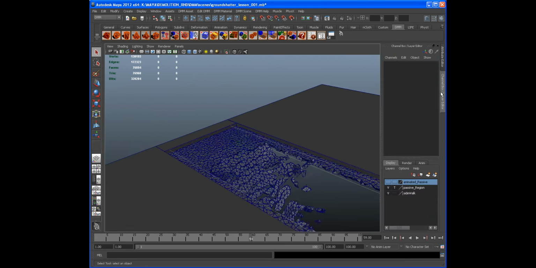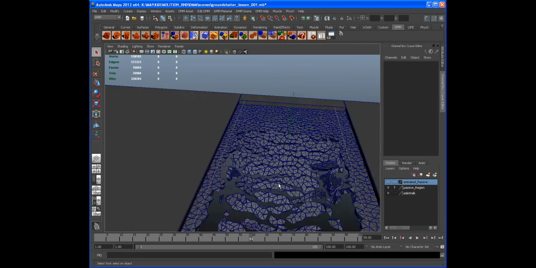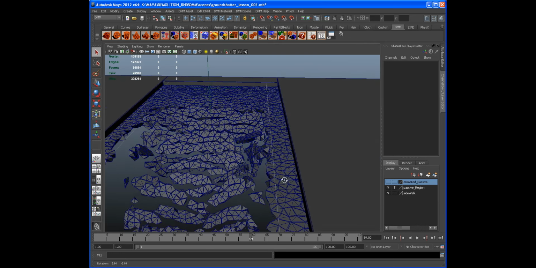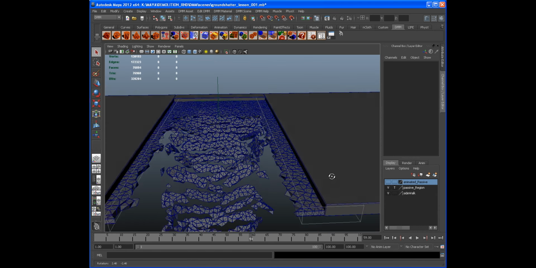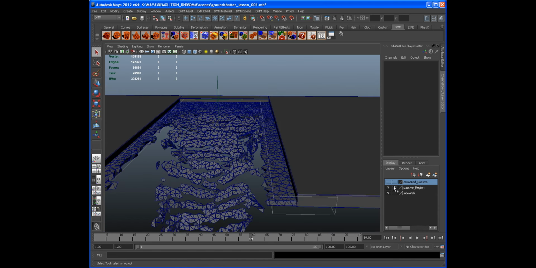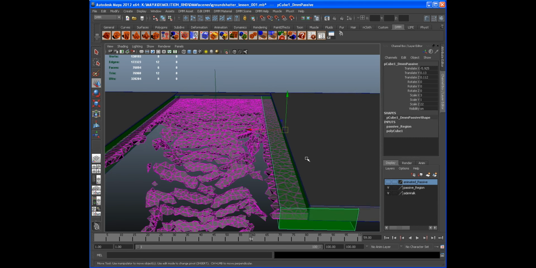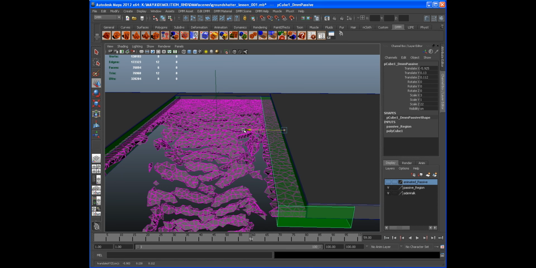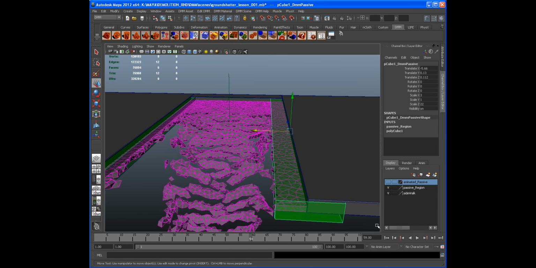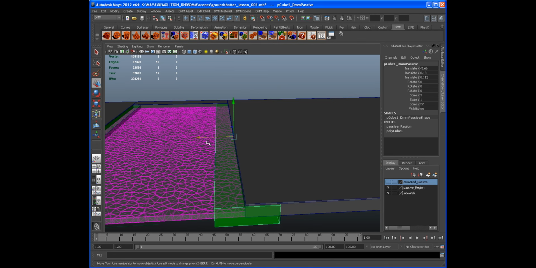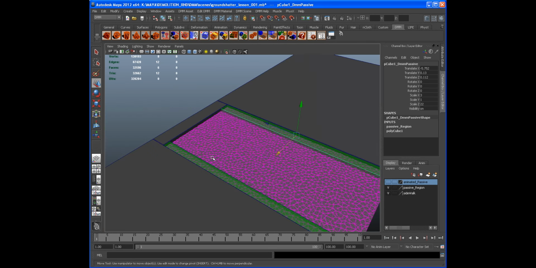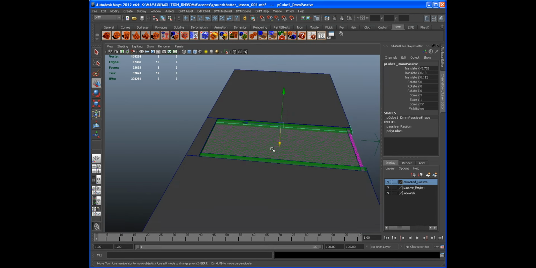What I would like to do is, I don't like the way we're having this much of our geometry shown. So I'm going to take my passive regions here, and I'm just going to translate them over just a bit more. And I'll go to frame 1, and I'll do the same just a little bit more. And I'll bring this one back just a tad bit. I also, when I go to the last frame,